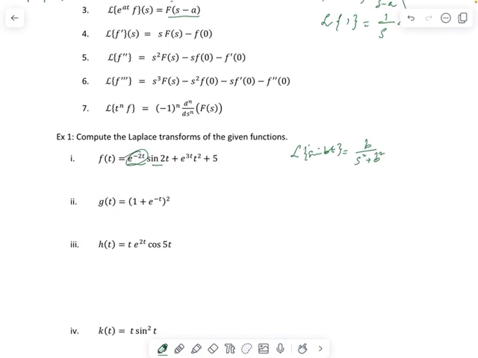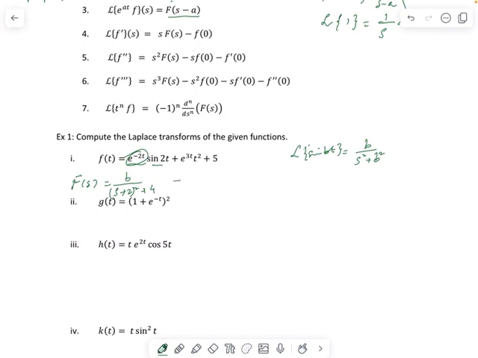So according to formula number 3, the Laplace transform of the first term will become b divided by s minus negative 2, which means s plus 2 whole squared, plus 4,